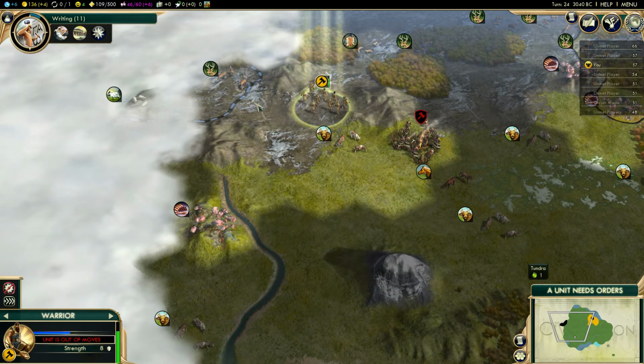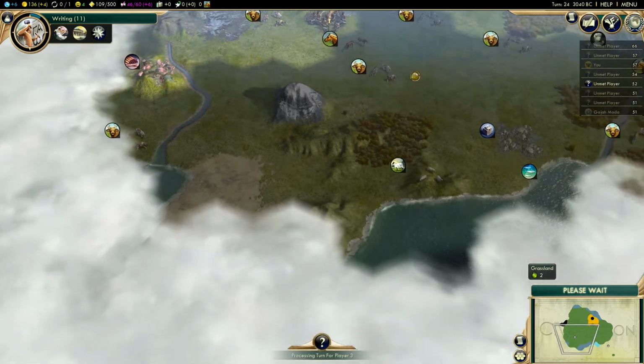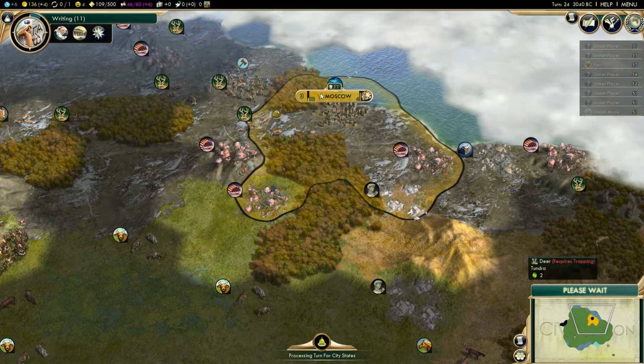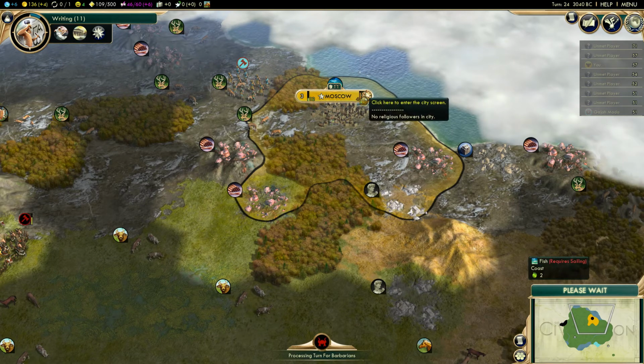Oh, what's this city state? Quick look at the city state as well. So there, we know there are two barbarians over this area somewhere. We've got copper, so in 4 turns we get the...